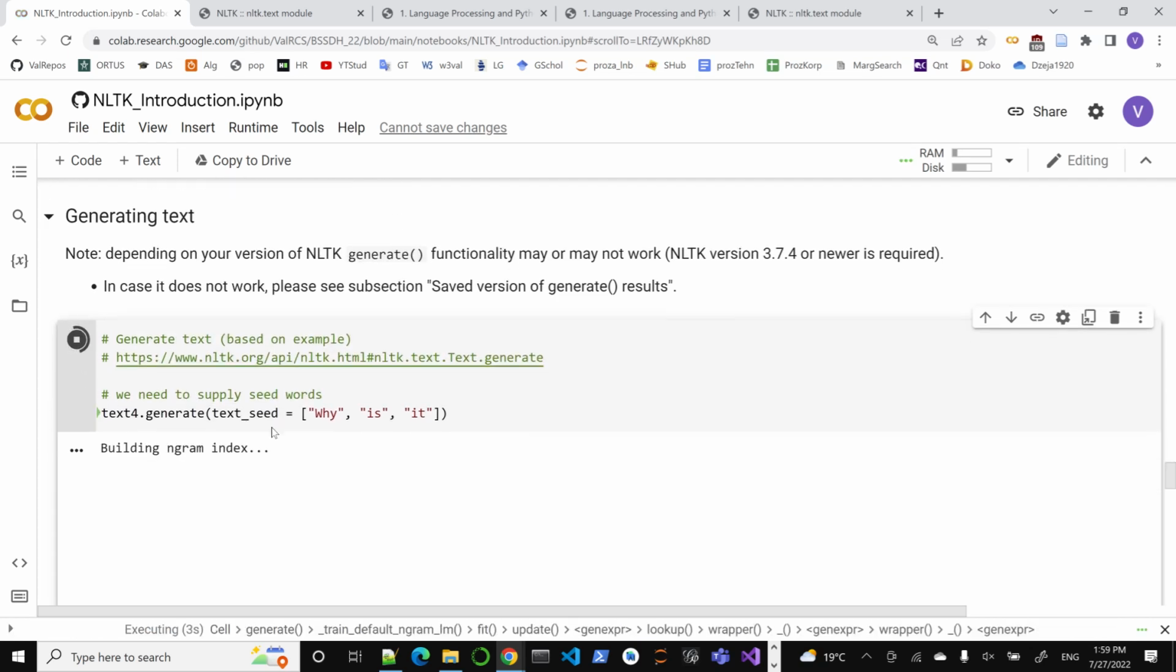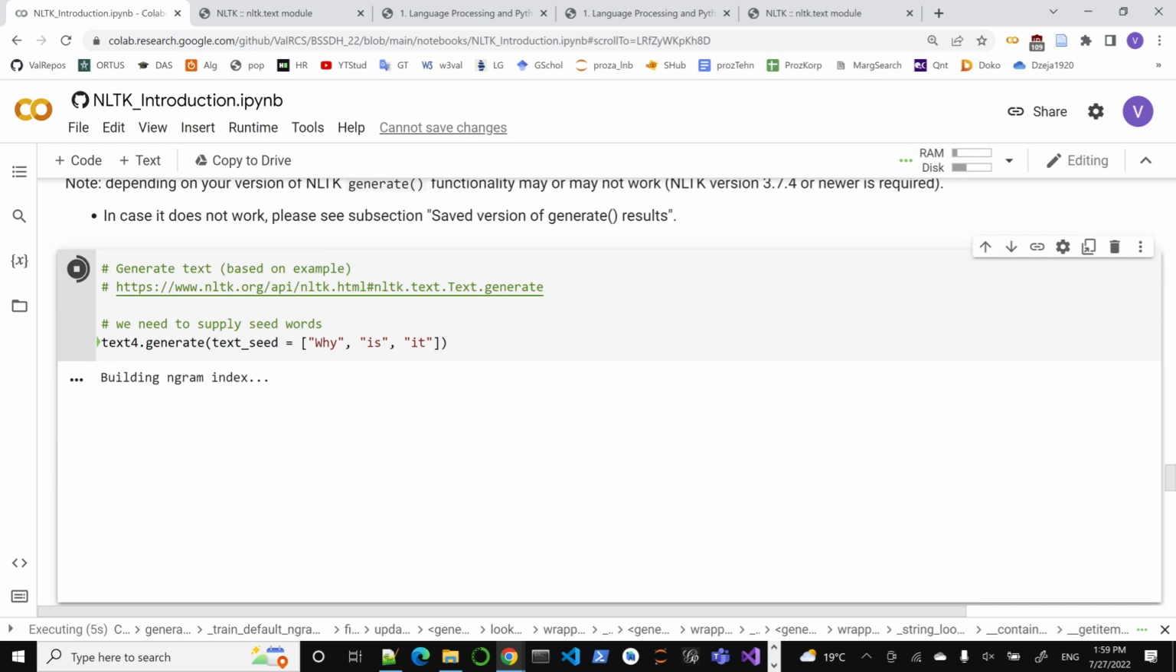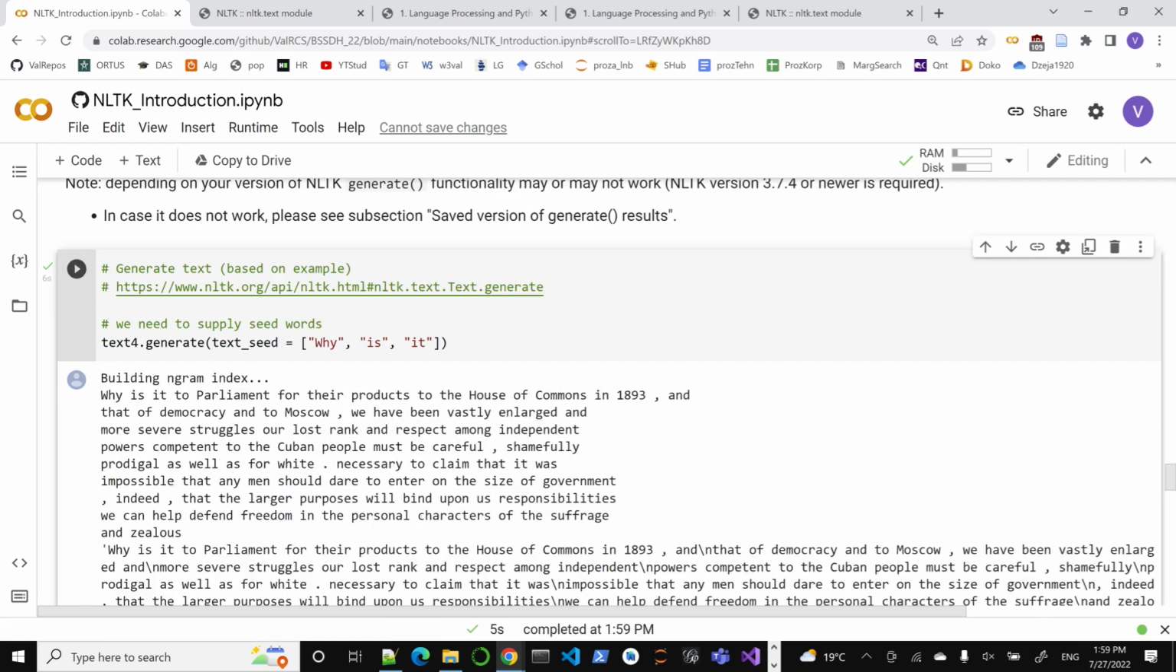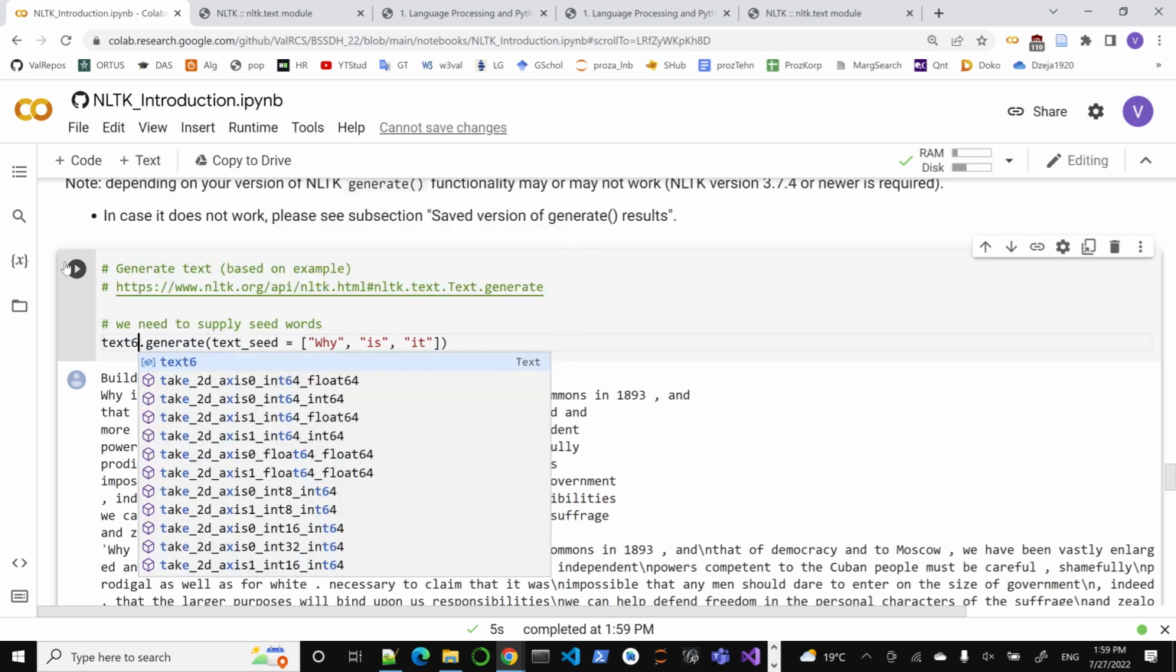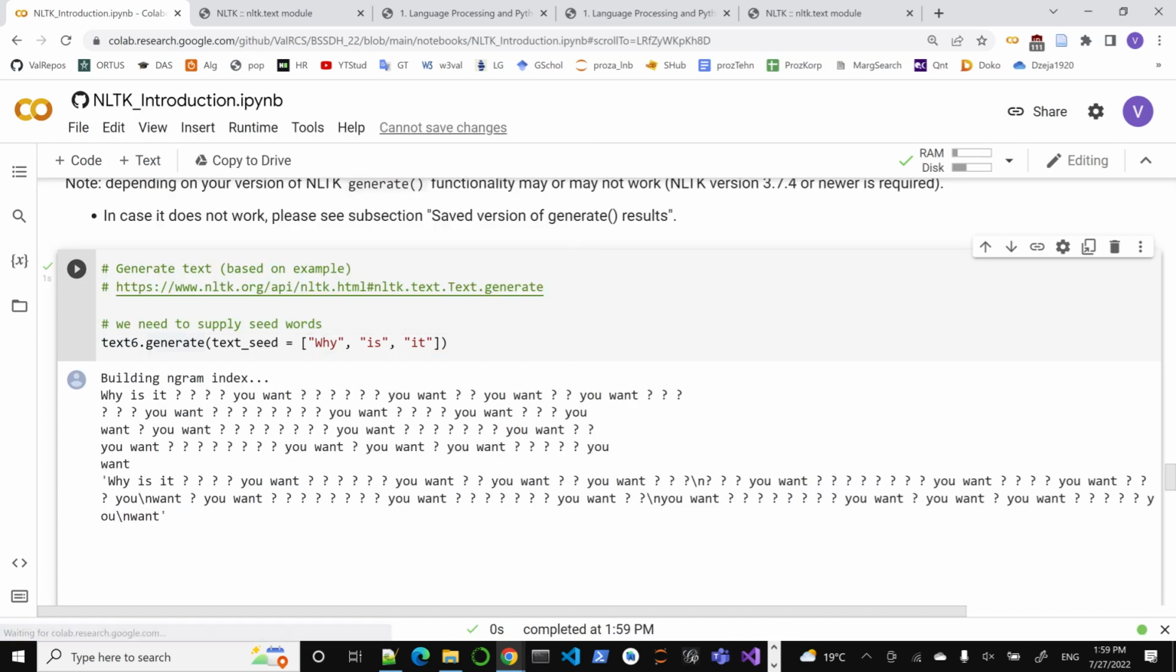Those who have played with GPT models also know that often it's complete nonsense. You have to sort through the answers and pick and choose. You still need human creation. So here, we may need to choose different seed words, but it already mentions parliament, freedom, and so on. And if we look at text 6,